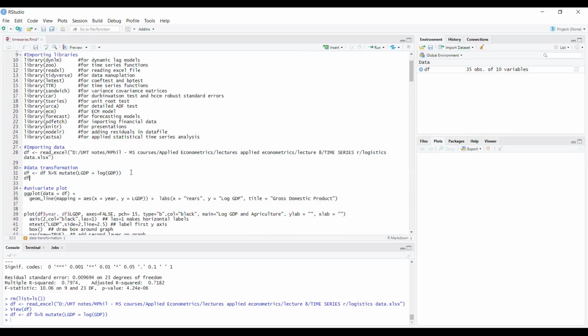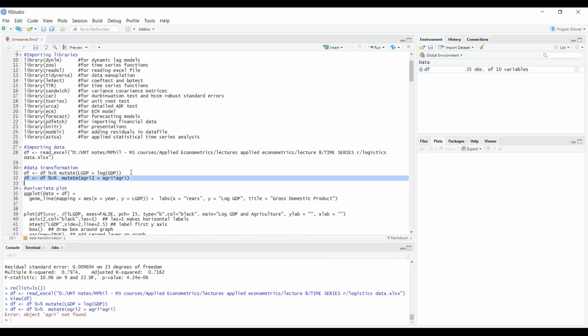Second, if you want to do df equal to select the data file, add, and mutate. We need to calculate a square form. So what I will do is agri2 is equal to agri multiplied by agri. So it will calculate a new variable, but its spelling is wrong.